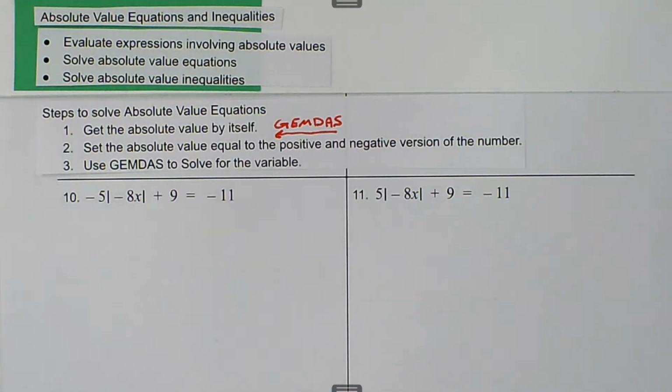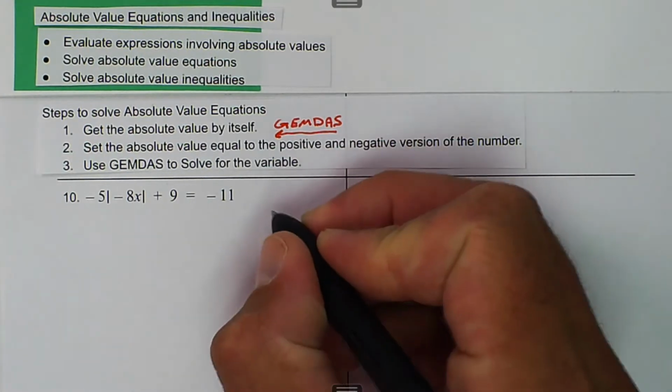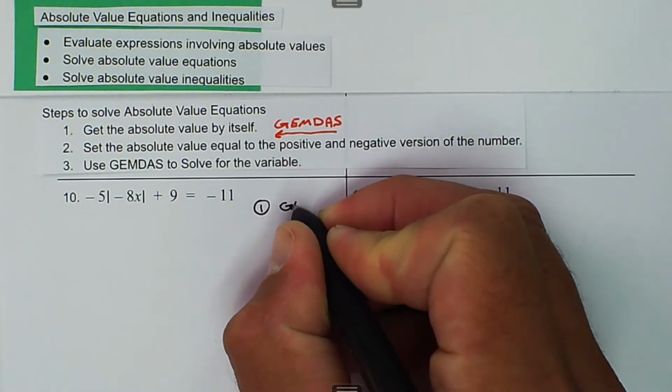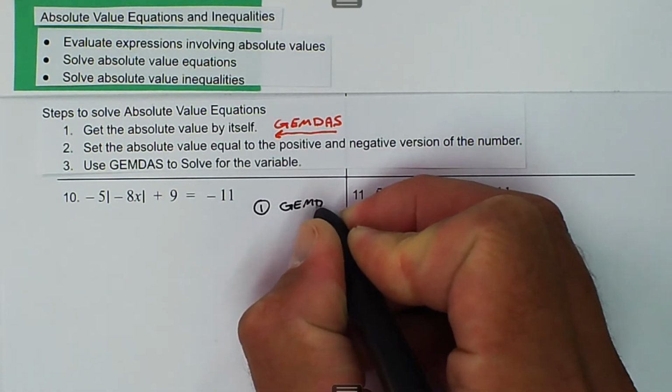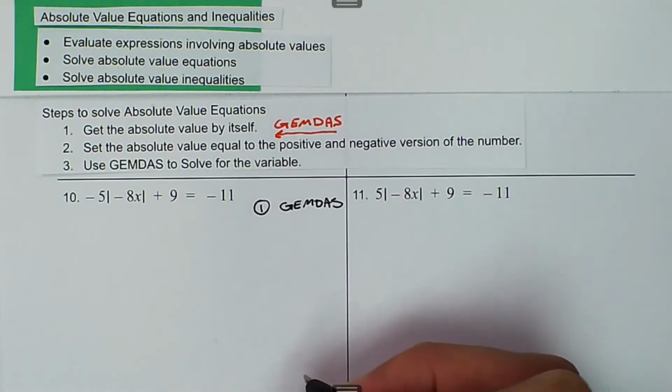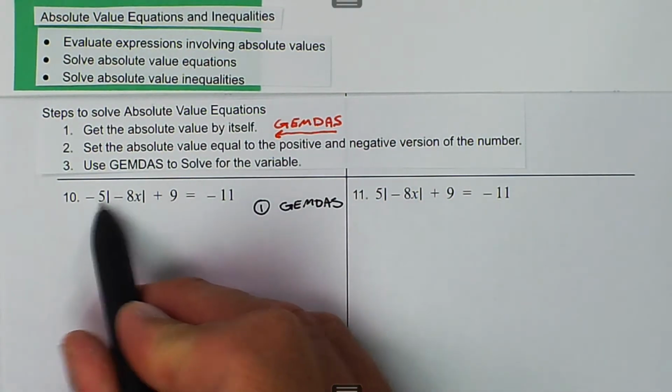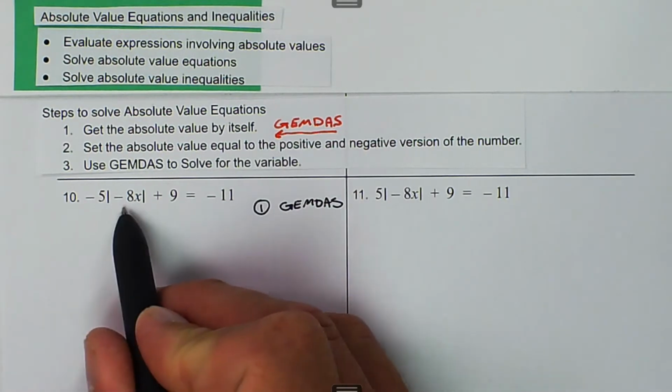We were talking about absolute value equations, and we want to solve absolute value equations. We have the steps written down there, and the first step is to get the absolute value by itself. So first we're going to use GEMDES. And in this case, we're working GEMDES backwards because now we have two operations outside of the absolute value of